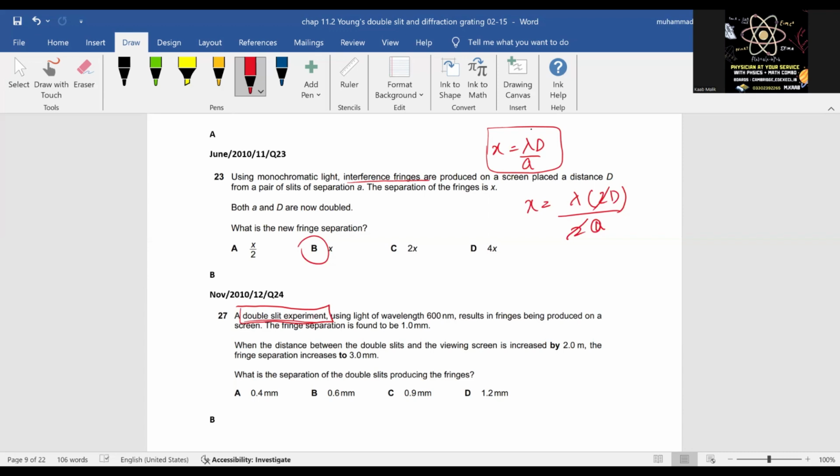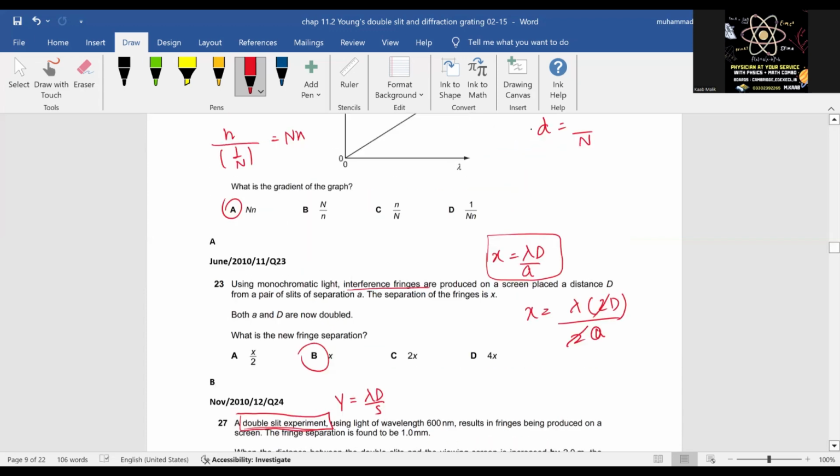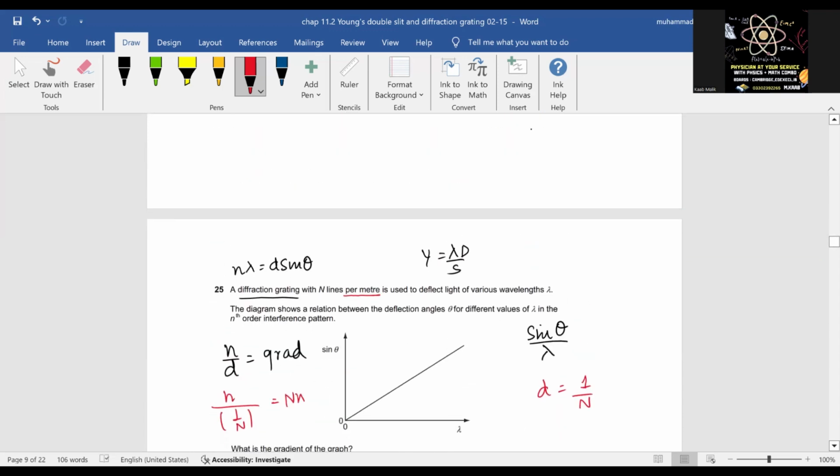रहा। ब्रो डबल स्लिट जब भी बोलेगा तो आपको ये वाला फॉर्मूला यूज होगा, y इक्वल्स टू λD/s, सही है हमेशा। और अगर तुमसे बोलेगा डिफ्रैक्शन ग्रेटिंग, तो डिफ्रैक्शन ग्रेटिंग के लिए हमेशा ये वाला फॉर्मूला यूज होगा। ये टर्मिनोलॉजी तुम लोगों ने समझनी है, कि तुम्हें कैसे पता चलेगा कि क्वेश्चन में कौन सा फॉर्मूला इस्तेमाल हो रहा है, ये तुम्हें समझना है। परफेक्ट है, चलो।